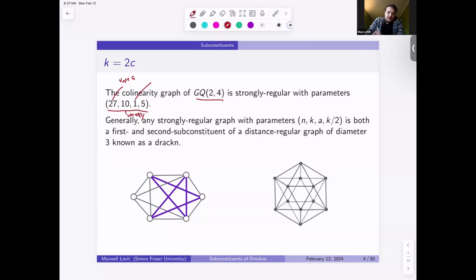This is the number of triangles on a vertex, and I won't write it. And this is the number of common neighbors of a pair of non-adjacent vertices. And anytime you have a strongly regular graph with these parameters, in particular where the c value is exactly half of the k value, your graph is a first and second subconstituent of a certain distance regular graph of diameter 3, which is known as a